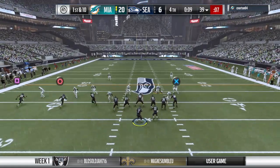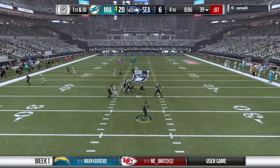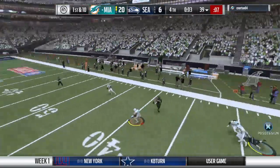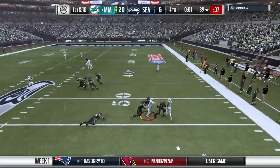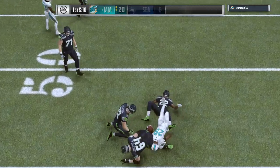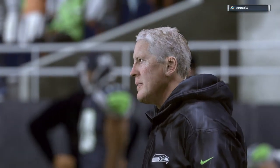Shift together here from the D-line. Trying to shake off the interception. He'll look to throw. And this is intercepted, and that should do it. Picked off by the former Eagle, Nate Allen. And that will write a finish to this ball game. And partner,